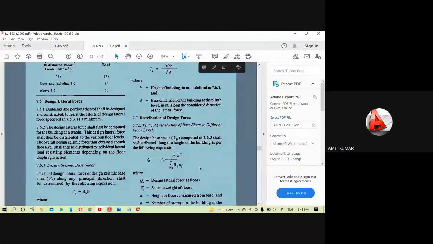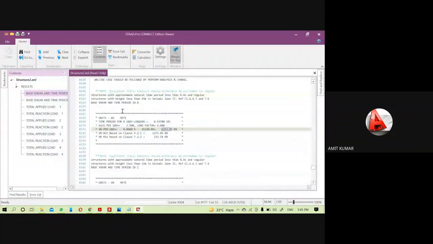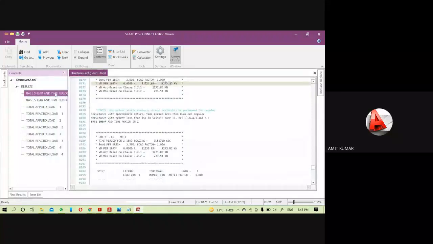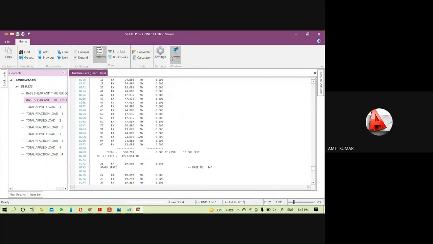Now come to the software output one more time. As it was for along the x-axis, the same you will get the database here for the z-axis also, Sa upon g, and each value for the z-axis also.